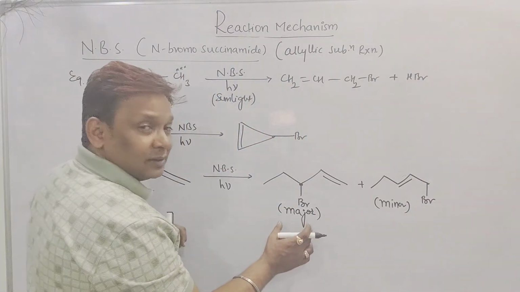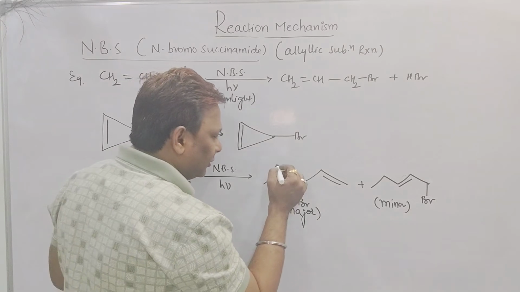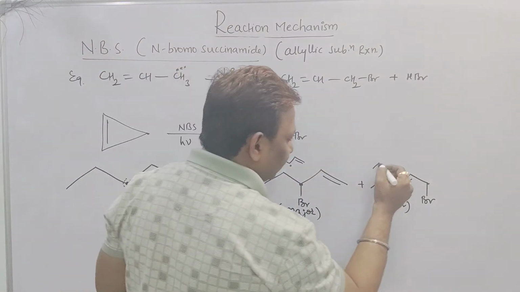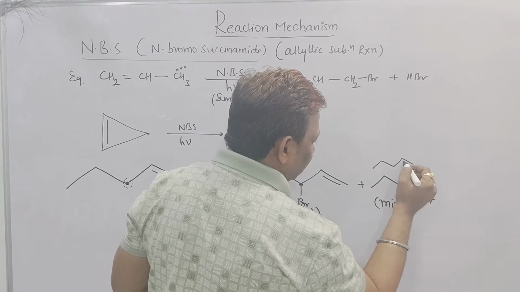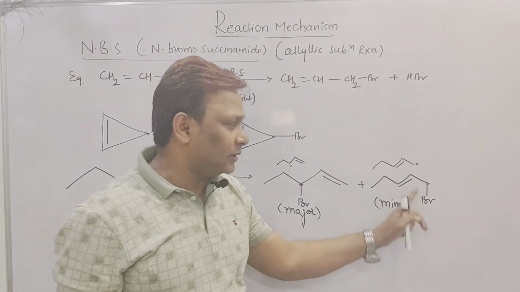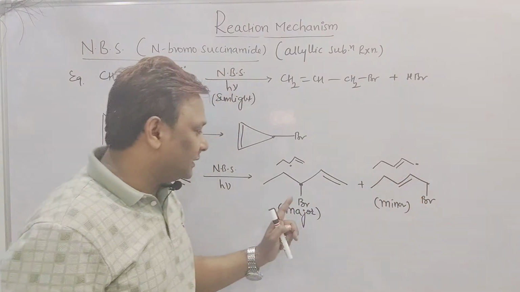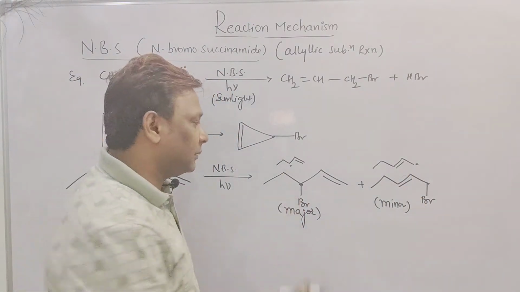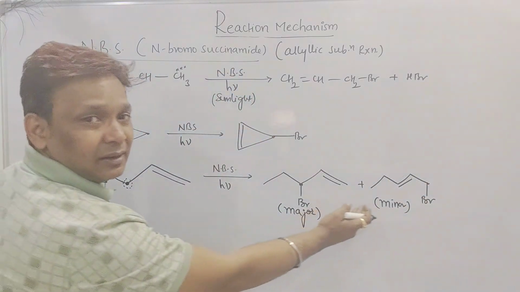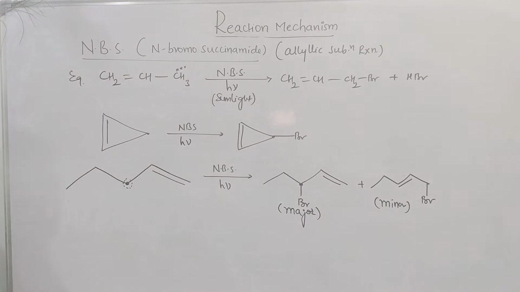See, beta, what is the most stable free radical formed by 1, 2, 3 pi bond? Most stable free radical. Here 1, 2, 3 pi bond on this side is the less stable free radical. This is the product obtained due to the less stable free radical, and this is the product obtained due to the most stable free radical. And hence we are getting the two products. One is a major, another one is a minor. Is it clear, beta? Did you understand here?